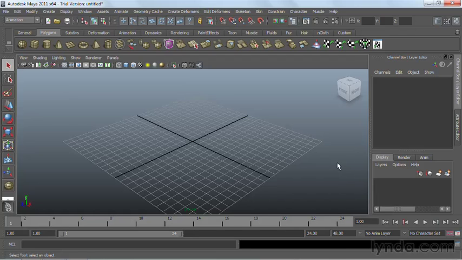There are many times when you'll need to cycle animation or be able to actually have animation go automatically. Now, Maya has a number of tools that allow you to cycle animation. So let's go ahead and do some of that. I'm just going to create a simple object here